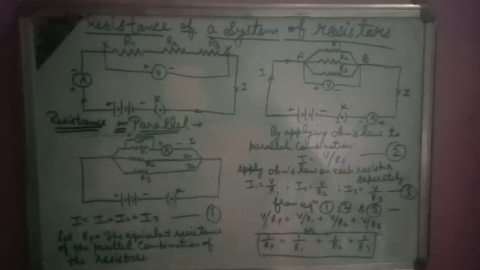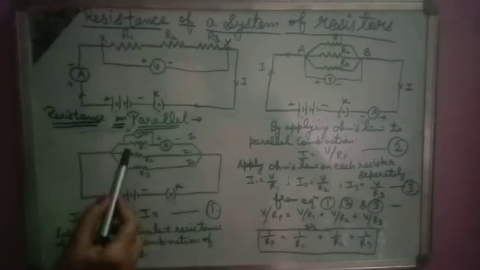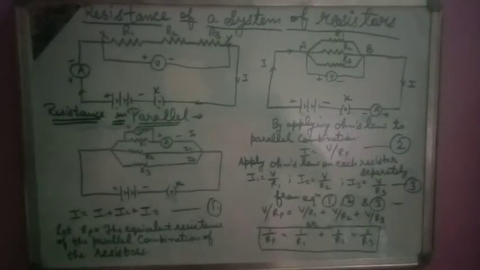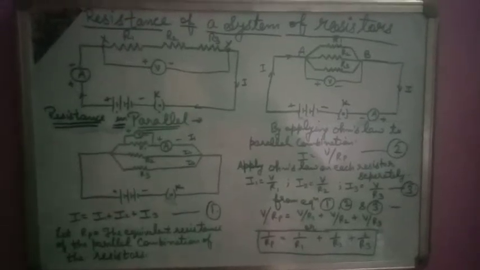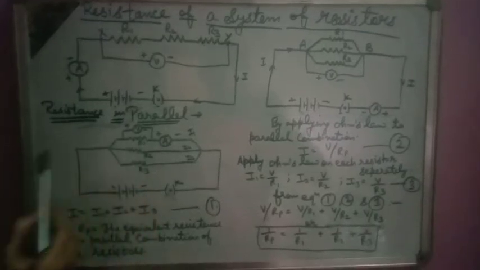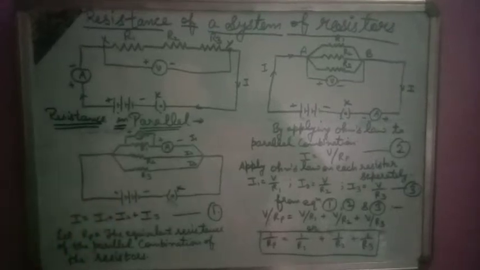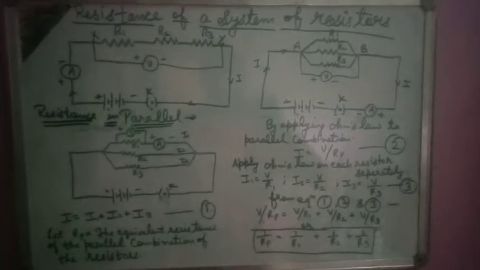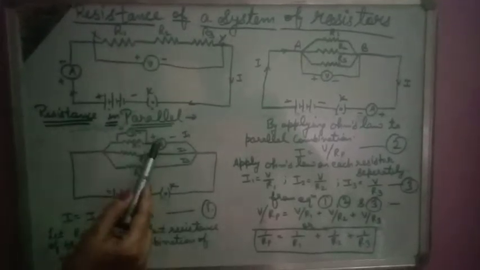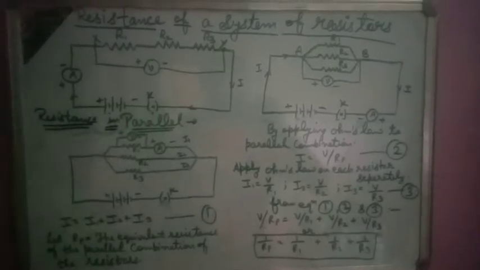I will connect the voltmeter and ammeter with each resistance separately and then take the readings. Here in the first case, along with the resistance R1, I have connected the voltmeter and an ammeter. I have connected this with the resistance R1. Then let the value of current be I1, but the value of V will remain the same. The potential difference will remain the same.